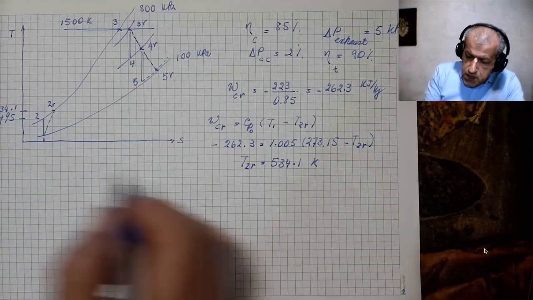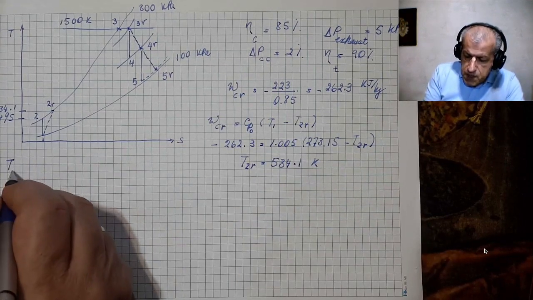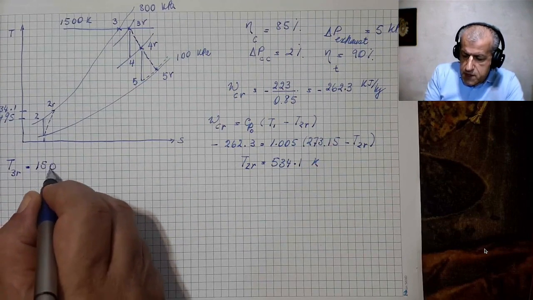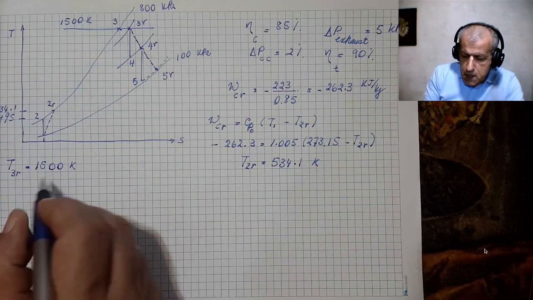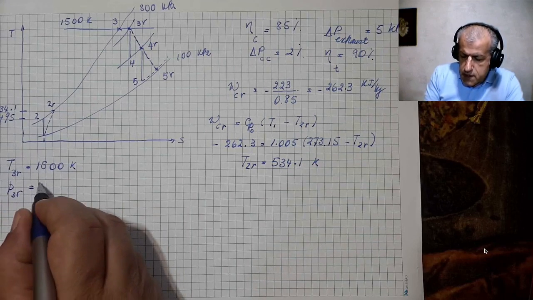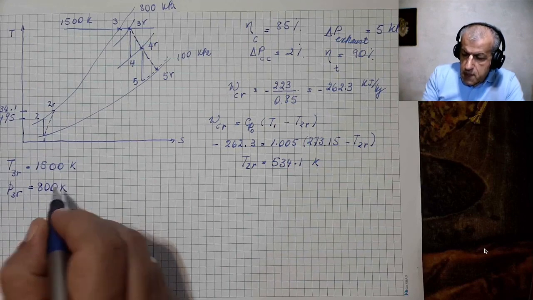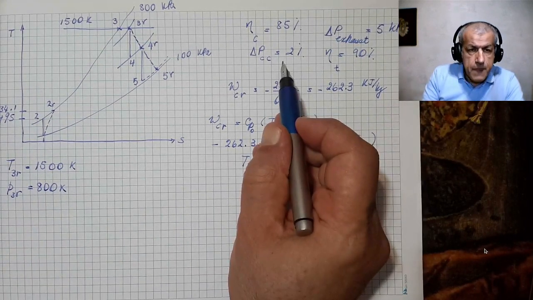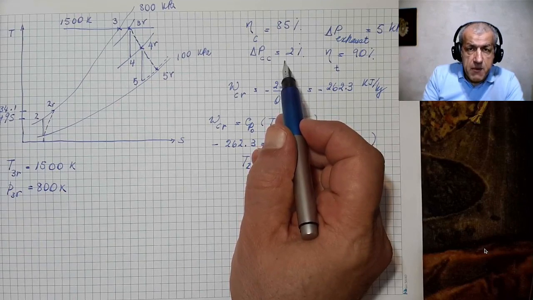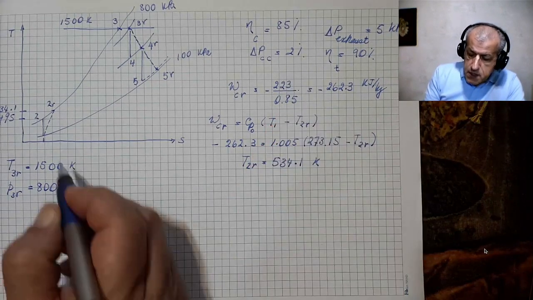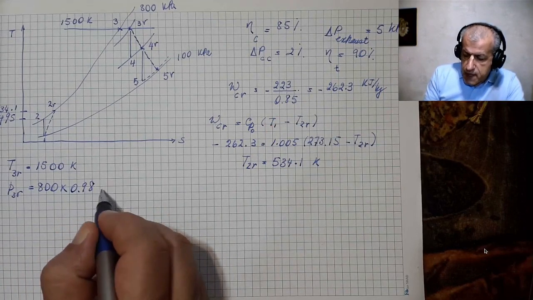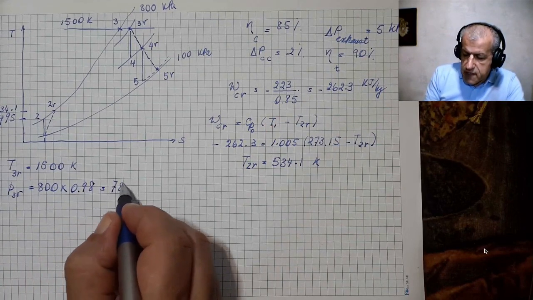So at 3R, T3R equals 1500 kelvins, but P3R would equal 800 times the pressure loss in the combustion chamber must be deducted. So it is times 0.98, and that equals 784